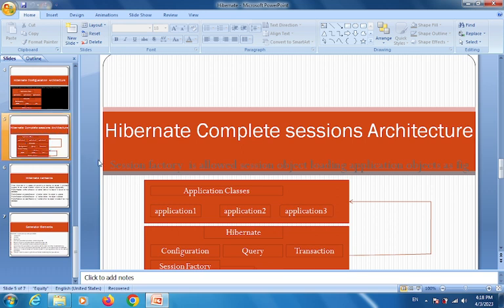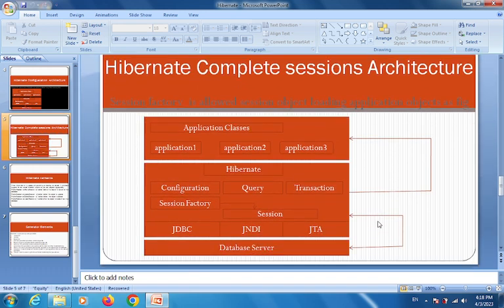How to perform. So session factory allows the session object to load the application object. So Hibernate session factory, configuration, query, transaction, session factory and session. So this will perform. If you go through this